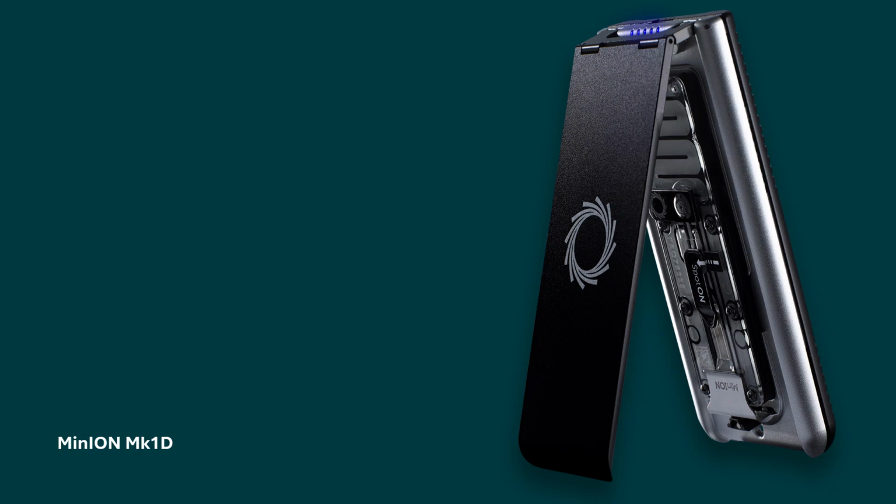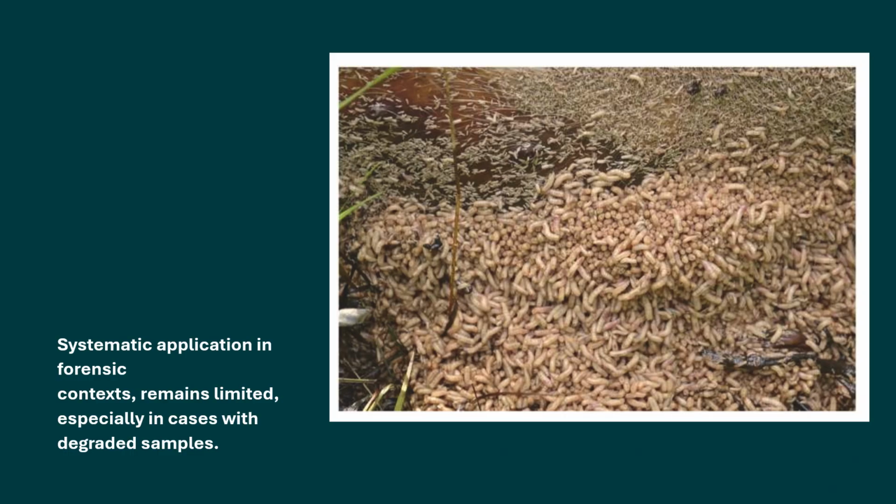Another advantage of the MinION is that it allows researchers to use the device in field settings, thanks to its built-in temperature control, allowing it to operate under ambient environmental conditions. Researchers have even described portable nanopore sequencing systems as a lab in a suitcase, highlighting the potential for use in remote or resource-limited environments. Whereas nanopore sequencing has already been used and has shown strong potential in clinical diagnostics and environmental genomics,